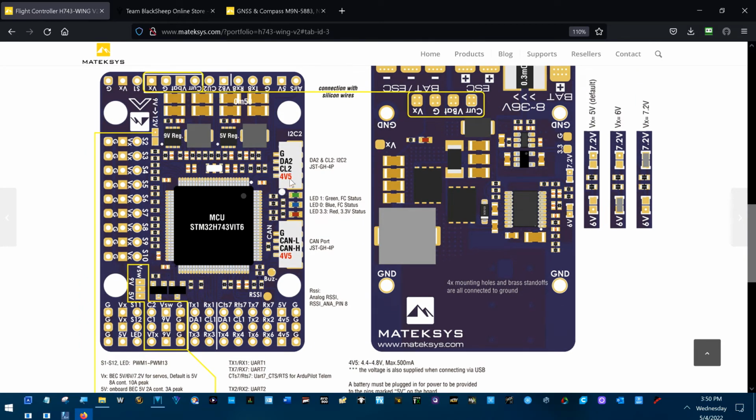Nope, it's right here. Oh, look at this. This is different from the original. They put the 4V5 voltage into these connectors, the I2C connector, and also the CAN connector. I've got a CAN GPS around here someplace. I'm going to hook it up to this because